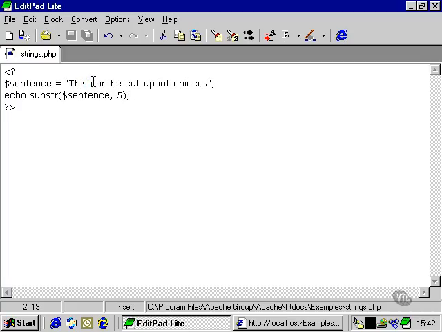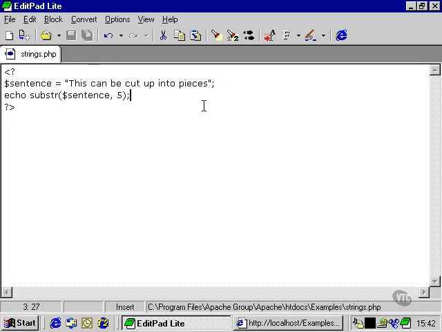And the reason that it starts with C is that counting from the beginning, T is character 0, we've got character 1 is H, we've got I is character 2, then the S is character 3, that space will represent character 4, and then this C as character 5 starts our substring,